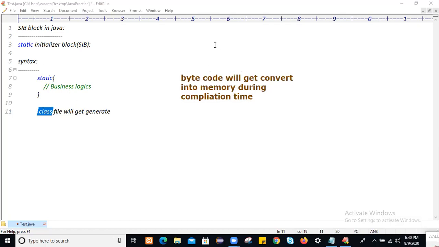You know, we compile the Java application only once. Okay, during that time only the static block logics will get executed. Okay, the static block logics will get executed only once, in the compilation time. So let's see what the applications of this static block are. The first application of static block is to write